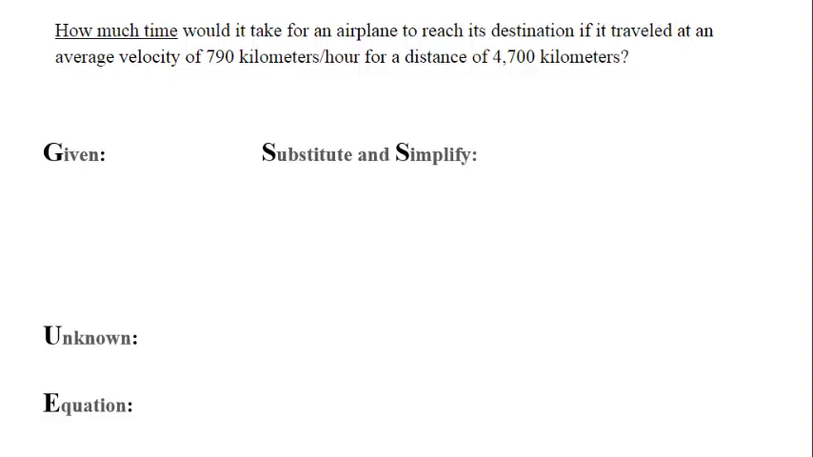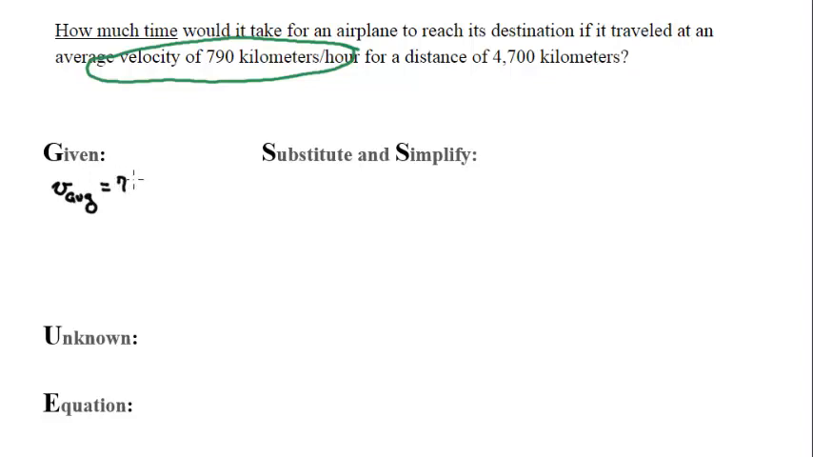How much time would it take for an airplane to reach its destination if it traveled an average velocity of 790 kilometers per hour for a distance of 4,700 kilometers? Well, the first thing I need to identify is some givens. And so as I go through here, I see that this is a given. And they say that my velocity average